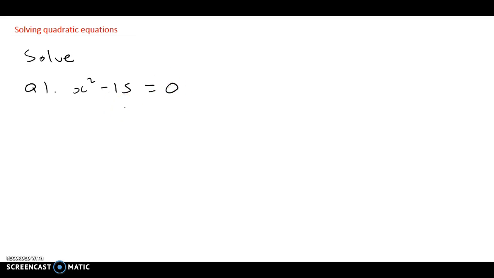The next step we want to do is factorize. So let's go ahead and factorize x squared minus 15. That'll give us x minus root 15, x plus root 15 equal to 0. Now, using the null factor law,